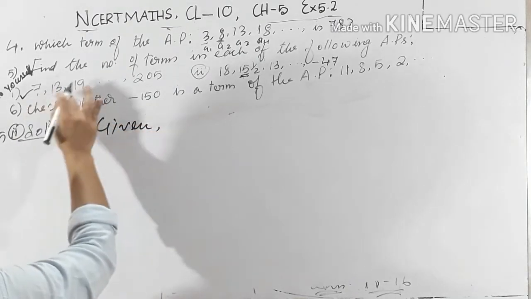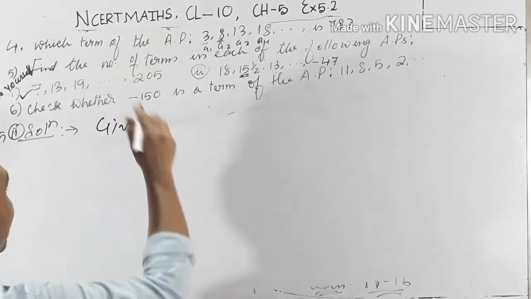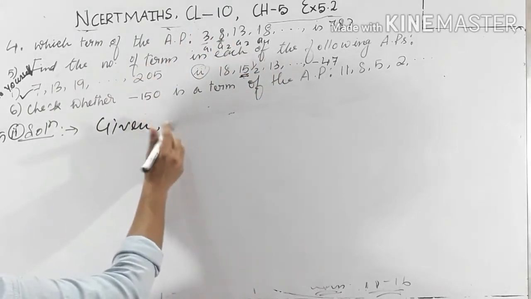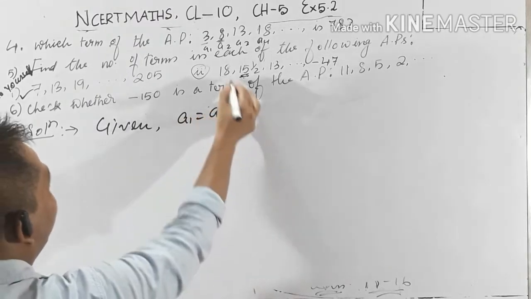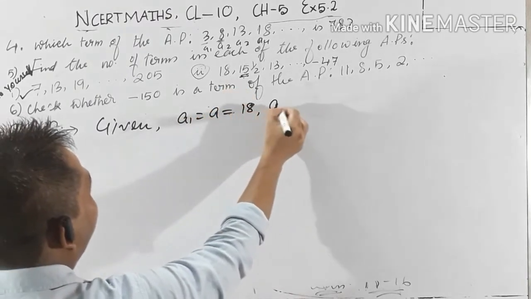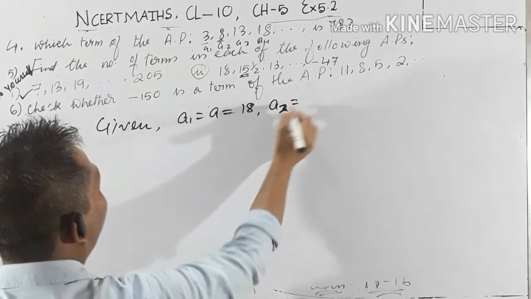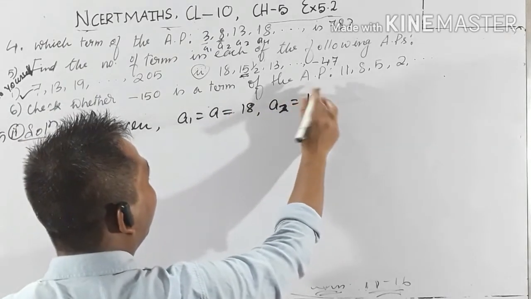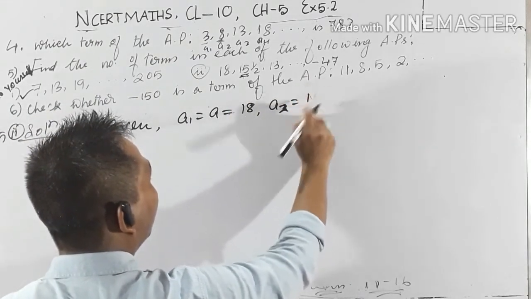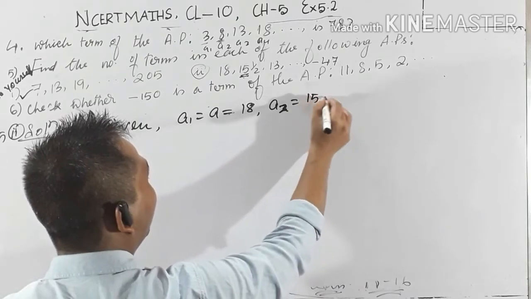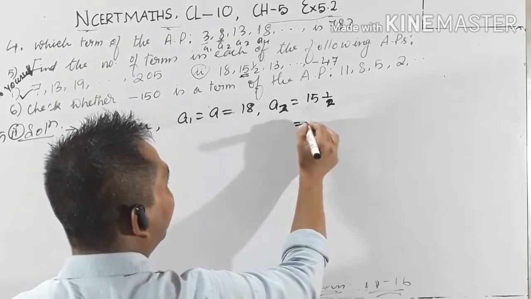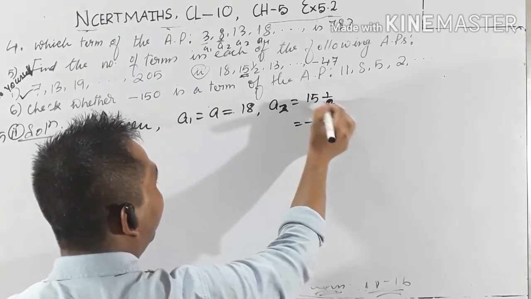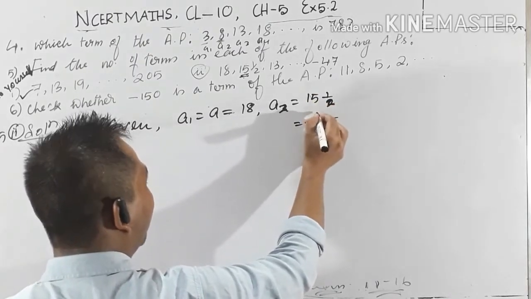As you know, first term, second term, third term, and so on. Given A1 equals 18, A2 equals 15 whole 1 by 2. Take the LCM 2: 2 15s are 30, 30 plus 1 is 31,